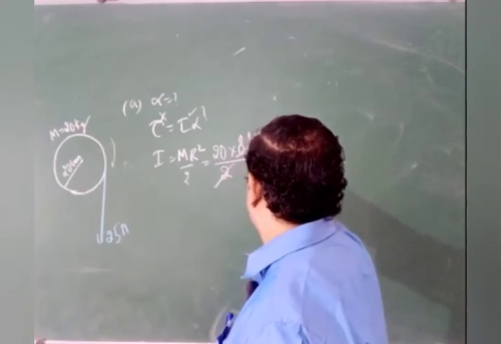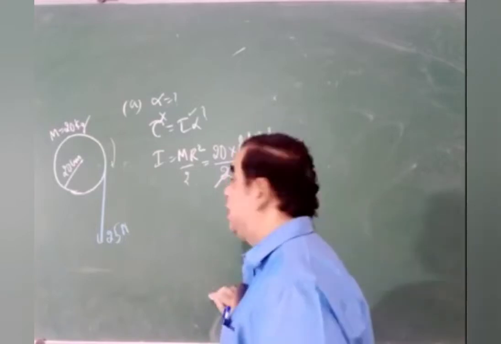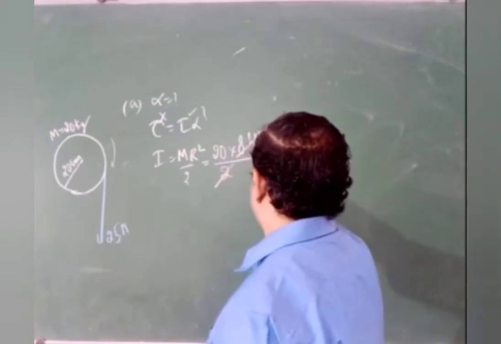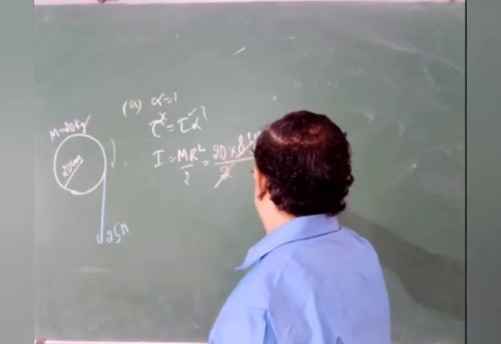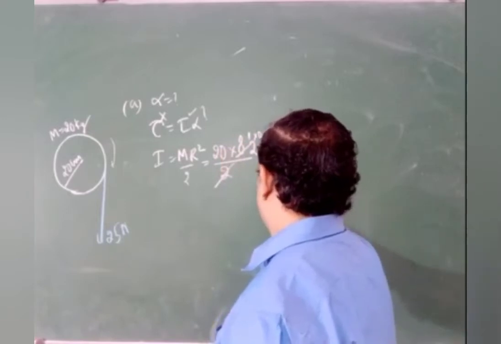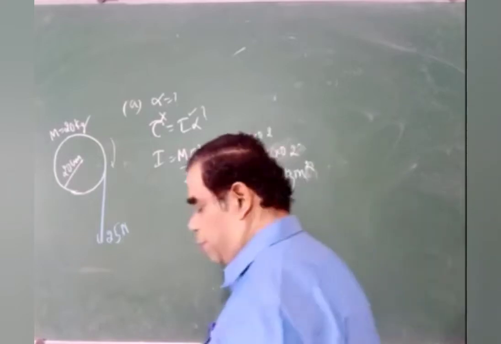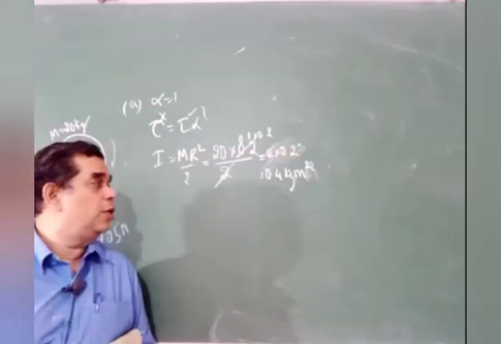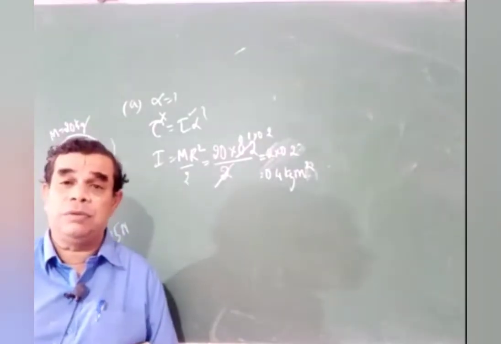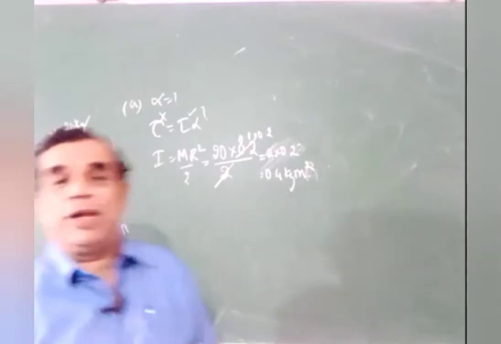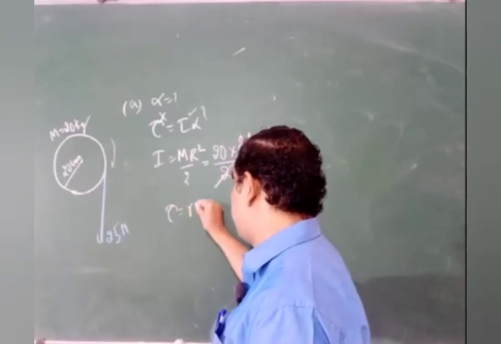Okay, there's one more point. Okay, sorry. 0.1 cancels with 0.2 square. Observe, this is 0.1, 0.2, 10 goes there, 2 into 0.2, which is 0.4 kg meter square, 0.4. Got the point? So once we know the moment of inertia, the torque is to be calculated. How much torque? We have another formula for torque.